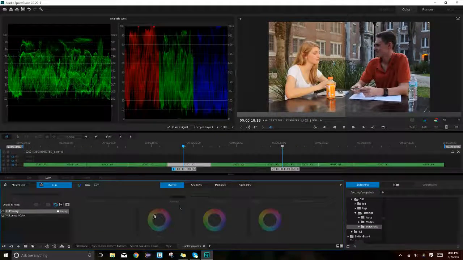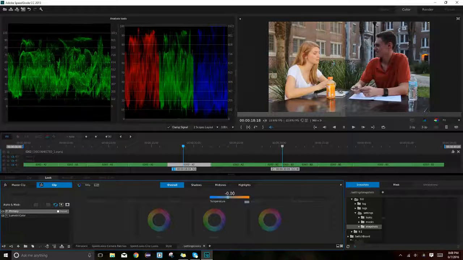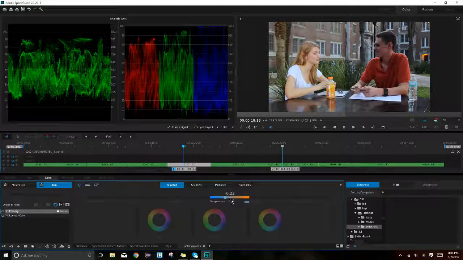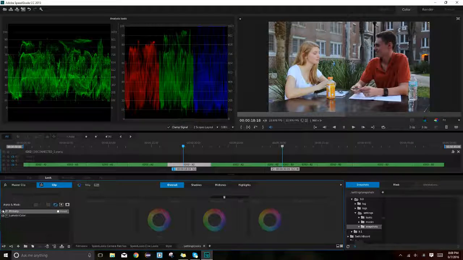So looking at our stuff down here, I really don't usually mess with shadows, midtones, and highlights. I usually stick to overall as much as I can. And right now, temperature is obviously something I can change, and if I just change temperature like this, you can already see us getting a lot closer. I'm just clicking and dragging on that, and you can already tell it's a lot closer. And just like we can in Premiere with turning effects on and off, I can turn on and off